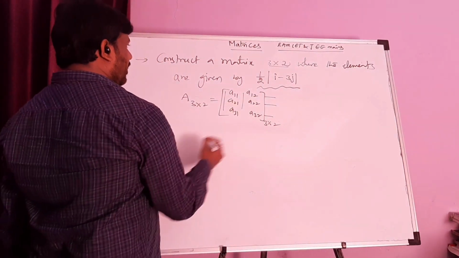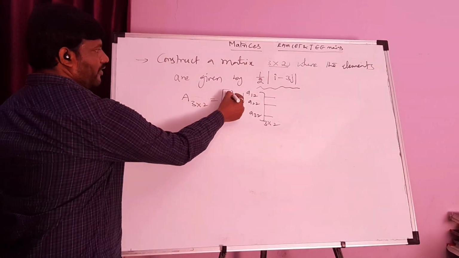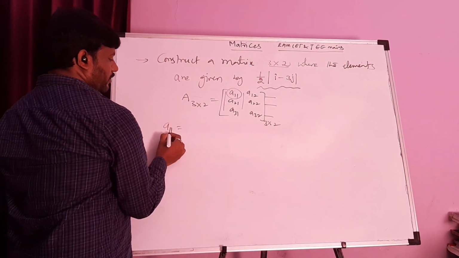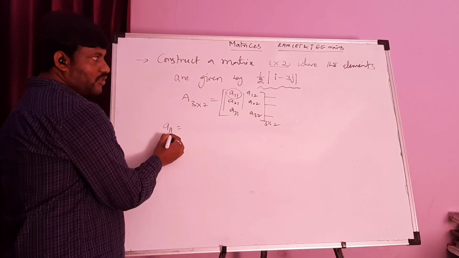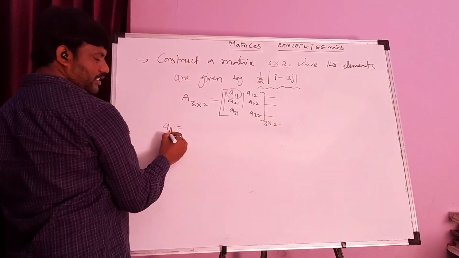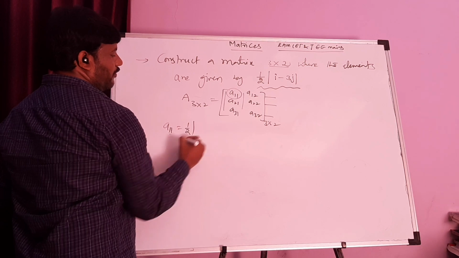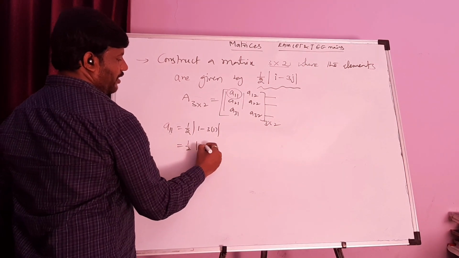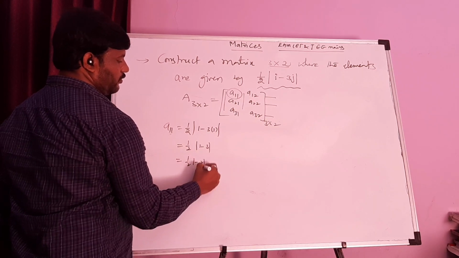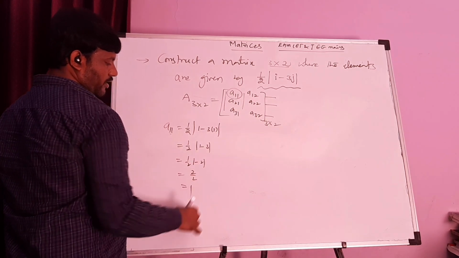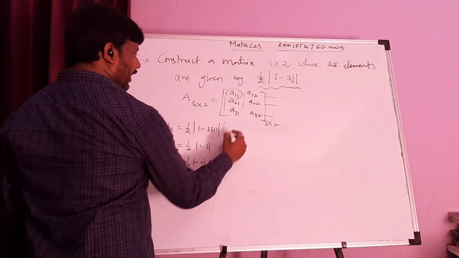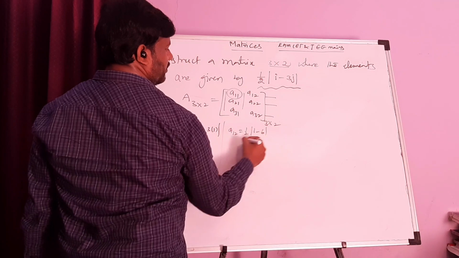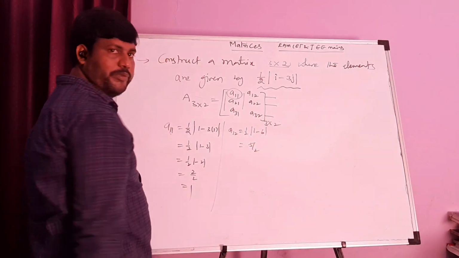I go for constructing this, simplifying separately. First the position a11. I am calculating the value of a11: the ith row, jth column, so first row, first column. I replace i with 1 and j also 1. So the condition is (1/2)|1 minus 3(1)|. Substituting, it will be 1 minus 3, (1/2) of minus 2, and because of absolute value it is 2 by 2, you get 1. Similarly, find a12 now. Directly, 1 minus 3 times 2 is 1 minus 6, that's minus 5 by 2, and because of absolute value it becomes 5 by 2.